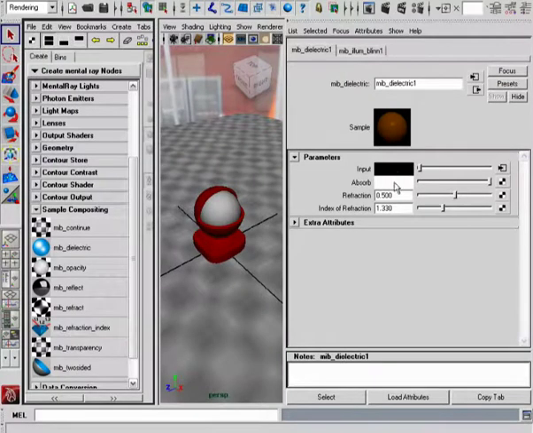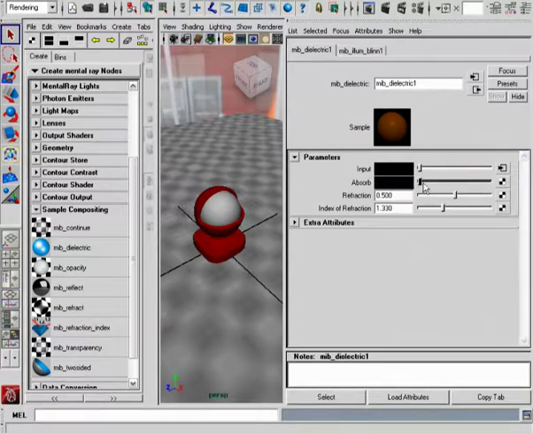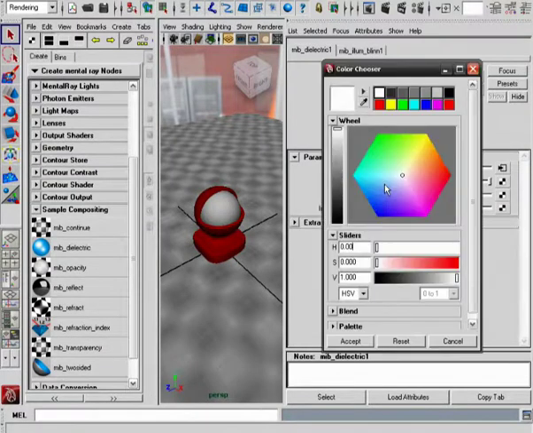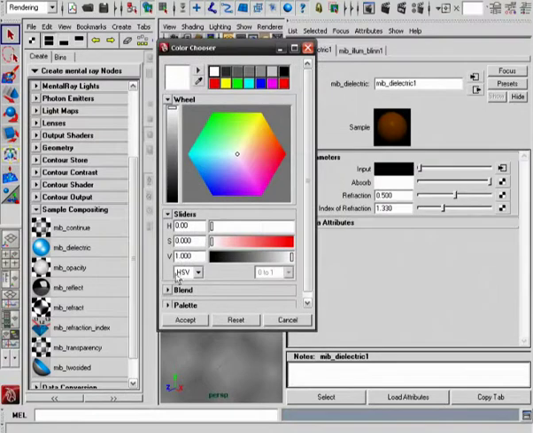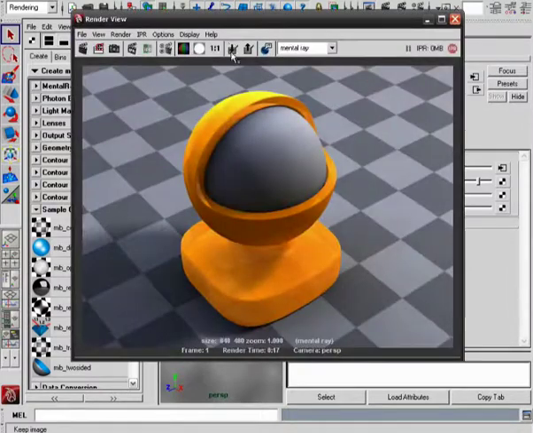Just below that we have the absorb, which is the tendency for this object to either absorb light or not absorb it. You won't be able to see much of a difference in the absorption by simply moving between black and white. What you will start to see a difference is when we increase the value to something past 1. If we increase this to something like 1.2, save this for comparison, and re-render,